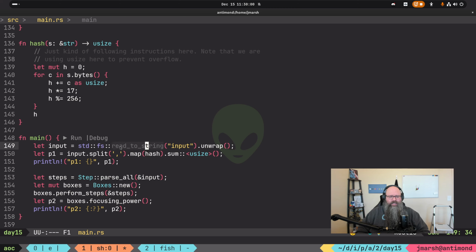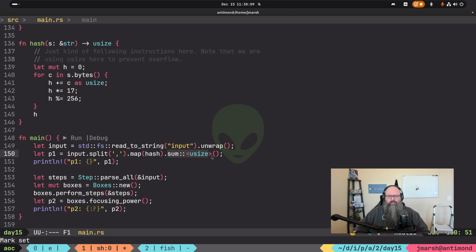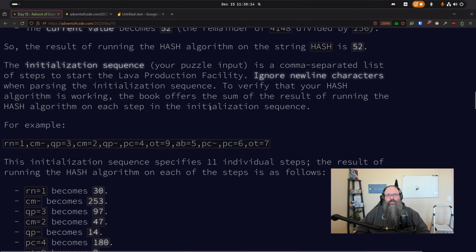I literally am just reading the input, splitting it by commas, calling my hash function on each of the values, and then summing them up, just like the problem. Easy enough, not a big deal, right? Part 2 is